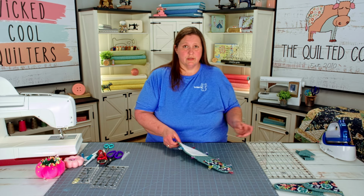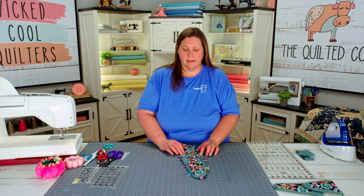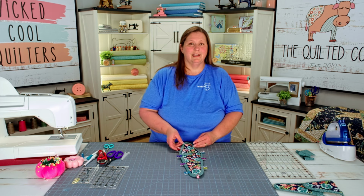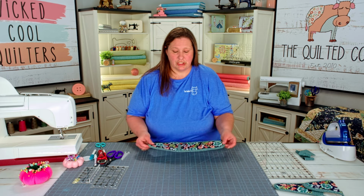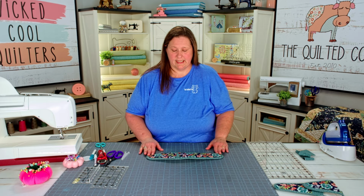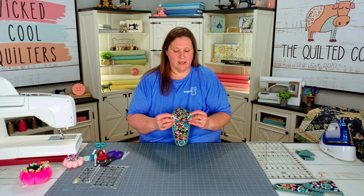If you would like, you can just stitch on this side, just do a little edge stitch, an 1/8 inch seam all the way around, get it nice and perfect. Once you have all of your clips out and you're completely finished with your top stitching, your project should look just like this. The next thing we're going to do is to fold our project right here on this little line we've drawn,